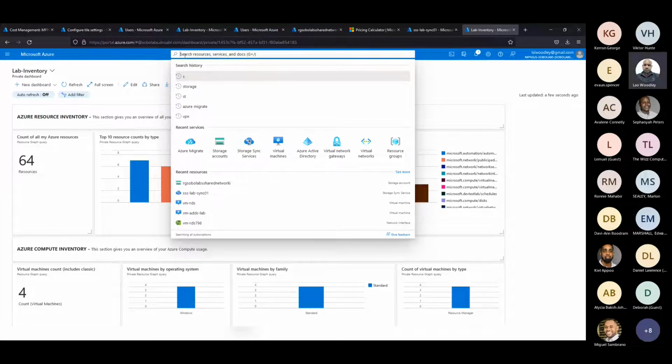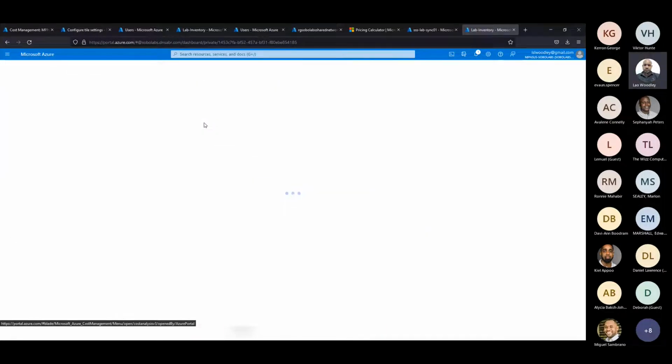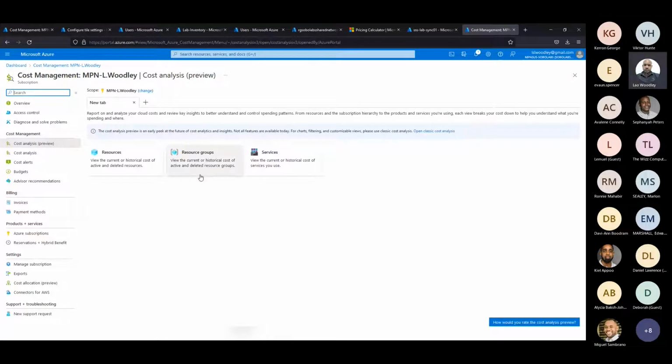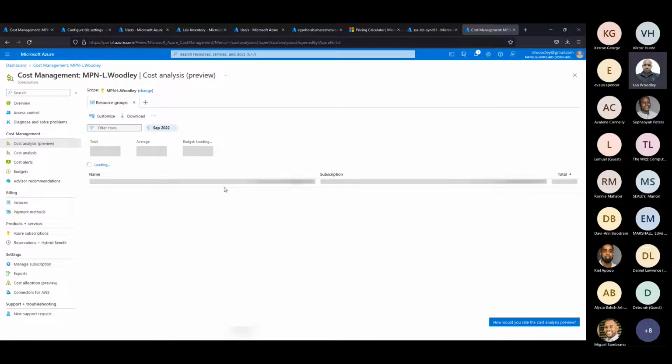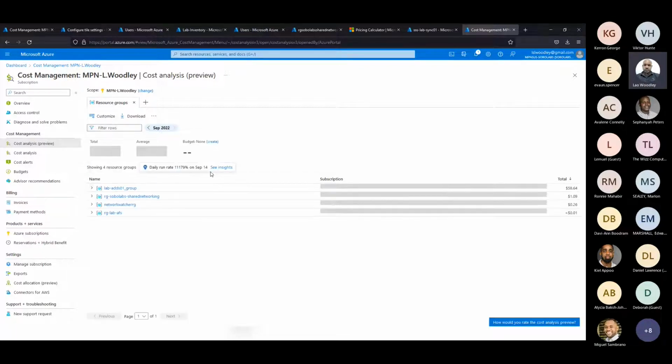I would also like to touch on cost analysis. How do you know what your solution costs? So we like to demo two views. This particular view can be accessed from within the Azure portal, and it usually shows the running costs of your elements within the digital real estate.